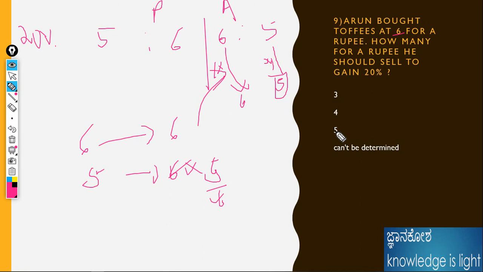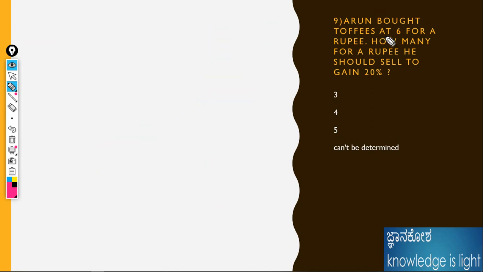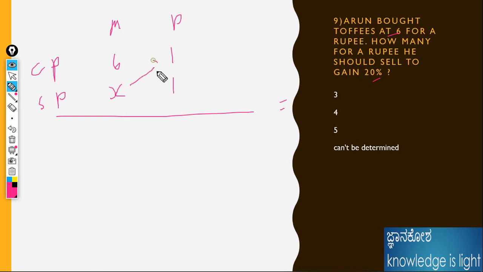The second way is the same as before. This is the article, right? What is bought? Bought means cost price. That is the article and price, 6 and 1. The selling price we don't know. How many articles for a rupee does he sell? We don't know the selling price here, and we take it as x, isn't it? And how much percent? 20% profit. I told you the formula already: profit into 100 is equal to 1 by 5. That means 20% is directly 1 by 5. Don't be confused.